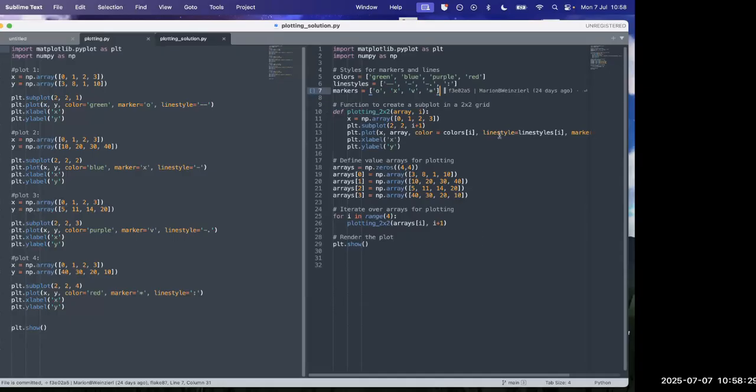This is just a small attempt at doing this. Probably you could do many more things. I think when we discussed this exercise, Jack had loads more ideas about what could have been done and added. But you can see here on the right that I've just created a little function that does the plot two times and has the array as an input, and also the number defining which of these subplots we're talking about, and then I'm looping over this, and I've created these little arrays for